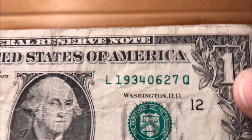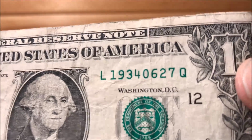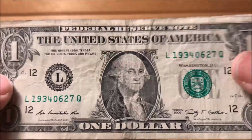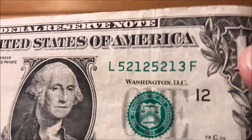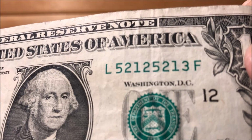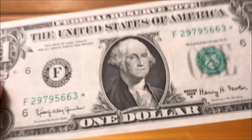Happy birthday note coming up in a couple weeks. A1 born June 27th, 1934. Right there. And a step up repeater, 5212, 5213. How neat is that? And of course the note of the pack, Star Note, Crispy AU